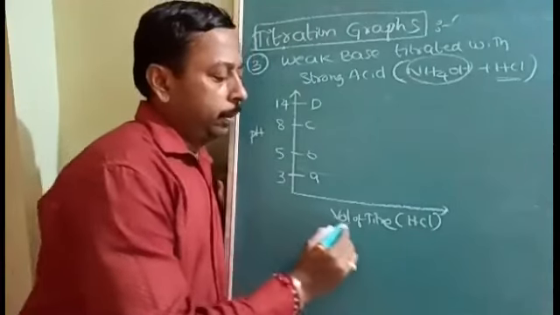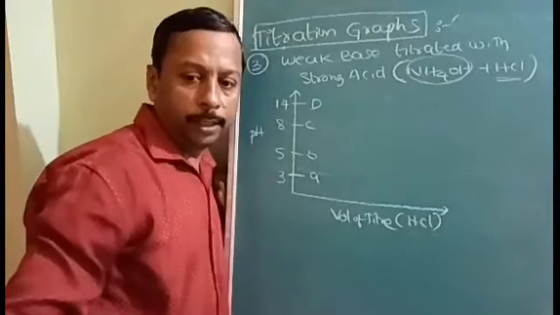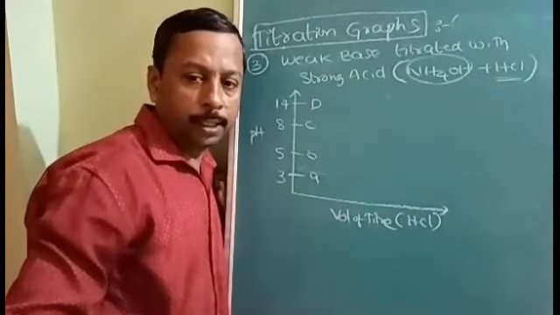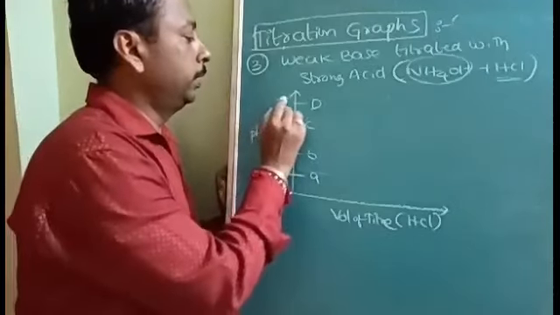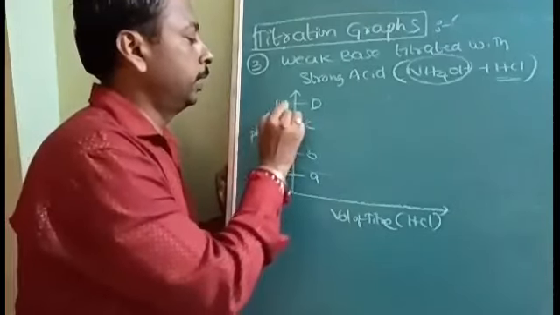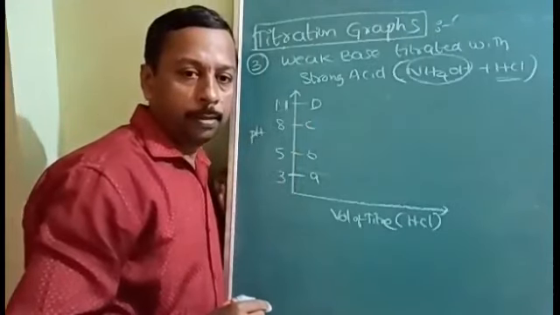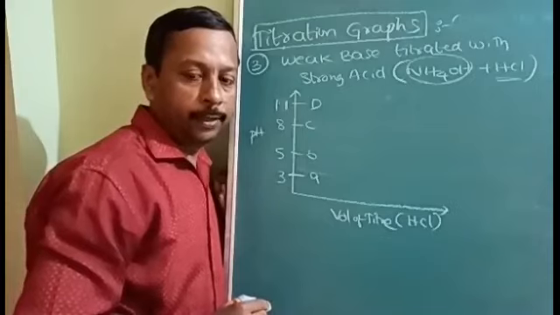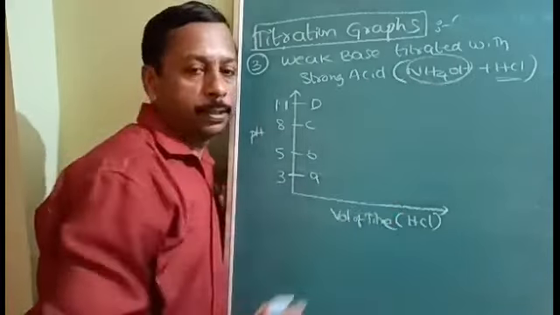Okay, here volume of titrant is HCl. Understood? Now you can tell me from where we can find out the starting point, A, B, C, D. Okay, C is 8 or it is nearby 14. Let us take as 11. 5, 3, 8, 11. What will be the answer? Answer will be from D because it is a weaker base.